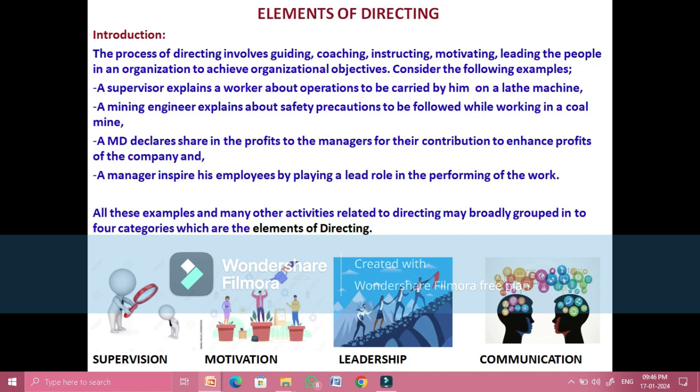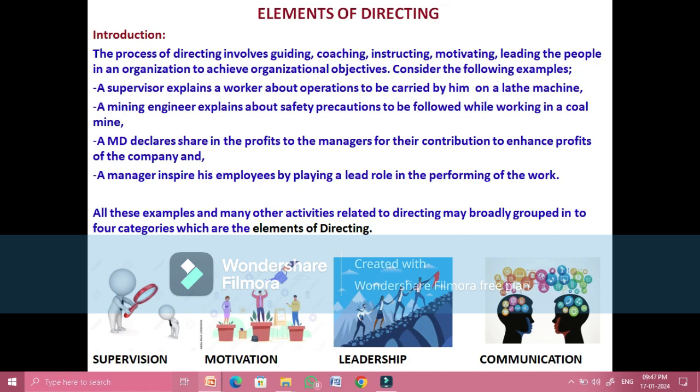Just a few sentences. Directing is one of the principles of management, the functions of management. Directing ensures that the employees perform to the best of their abilities and achieve the organizational goals effectively. And if there is no direction in an organization, it will result in the employees being clueless about what to do next and will increase inefficiency, thereby having a devastating impact on the business and revenue generation.